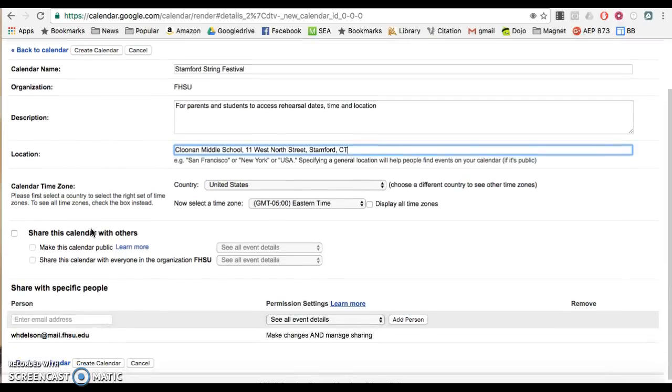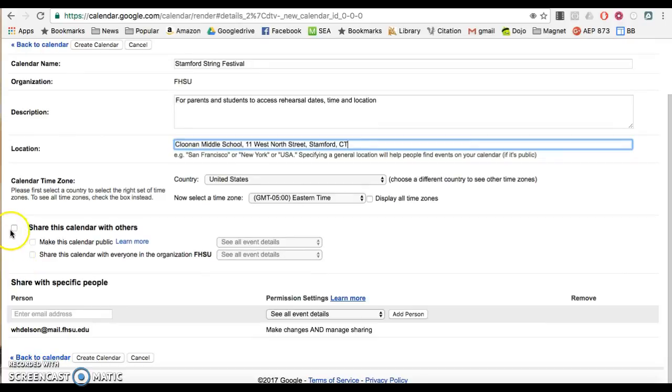Time zone. I can share this calendar with others. I'm going to make this public since I want parents and students to see it. So I will click on Make Calendar Public, and they should be able to see all event details. I can also share with specific people and give different permission settings. So I'm going to click down here on Create Calendar,